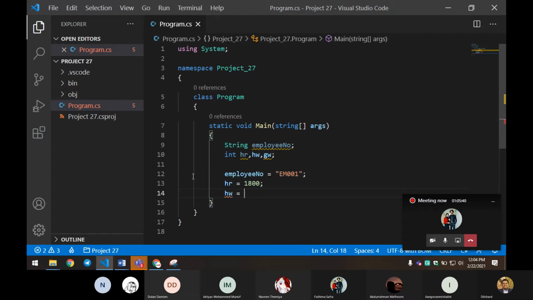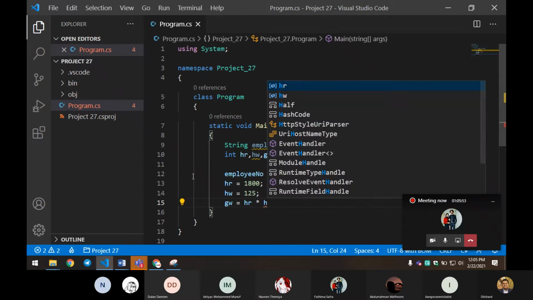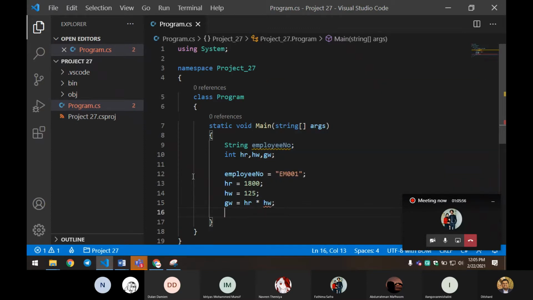Hourly worked, how many hours he worked? We'll say 125 hours. And gross wage, I'm going to say HR into HW. That is how we're going to calculate it.